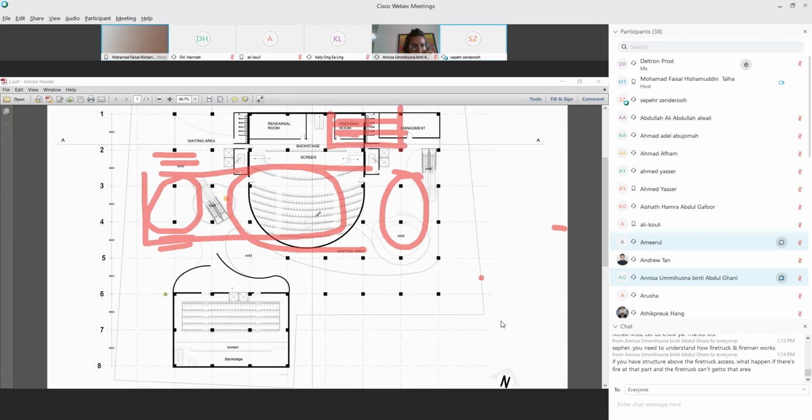So it's still a long way to go, but at least you have drawn all your seats. You know how many seats you can count, isn't it? This one is only one way, my friend. It should be at least U shape like that, or maybe the stage is in the middle like that. But this one we don't know yet. We will have to calculate again, to see the effective place to put the lobby and whatever.